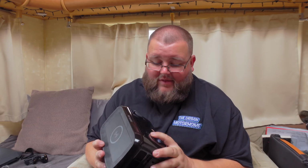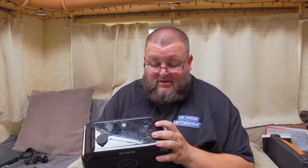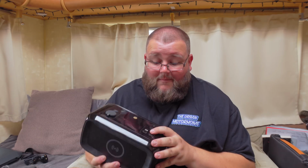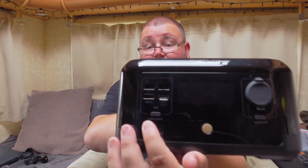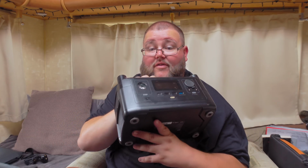The thing I love about the EcoFlow so much, the two things I love, to be fair, is the rapid charging speeds. They all charge from 0 to 80% within an hour, and they all come with a 100-watt USB Type-C PD port, so I can just plug my MacBook straight into it. So you've got these ones. I mean, this one goes to 300 watts, and then you've got the next one up, which is the River,